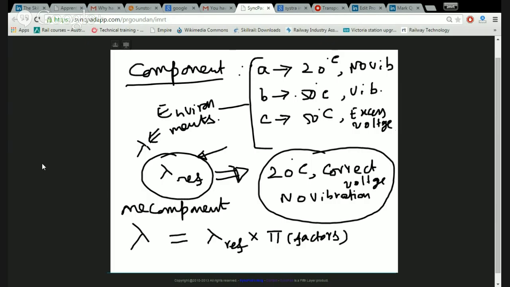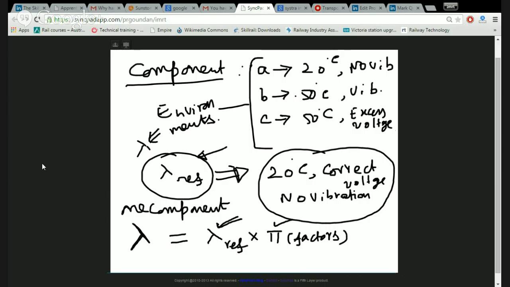So it will give your reference value, that is the standard environmental conditions, and it will also give a large number of pi factors: 50 degrees, 70 degrees, vibration this much, voltage variation this much. So it will give for each one of these environment conditions a factor which is called a pi factor. So you have to take the reference lambda multiplied with the pi factors,